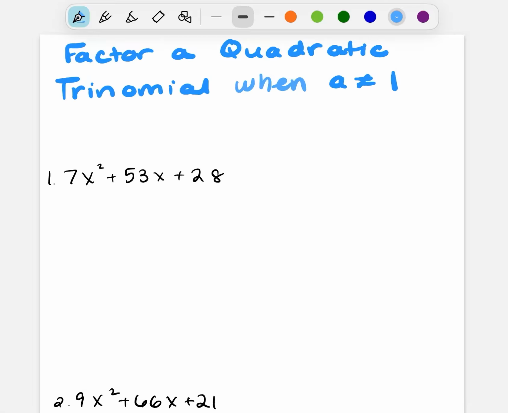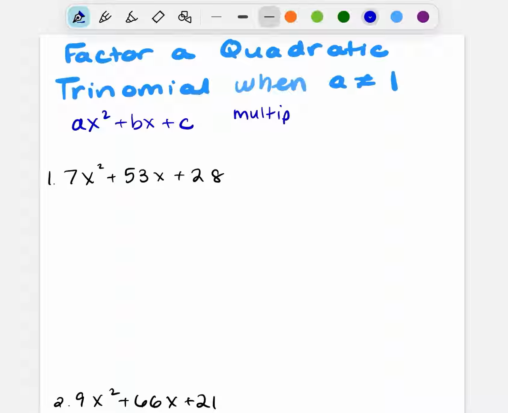In this video, I'm going to show you how to factor a quadratic trinomial when the a term is not equal to 1. As a reminder, a quadratic trinomial is written in standard form as ax squared plus bx plus c, where a, b, and c are all coefficients. They're all numbers. And when we factor a quadratic trinomial when the first term is not equal to 1, when we have something x squared,